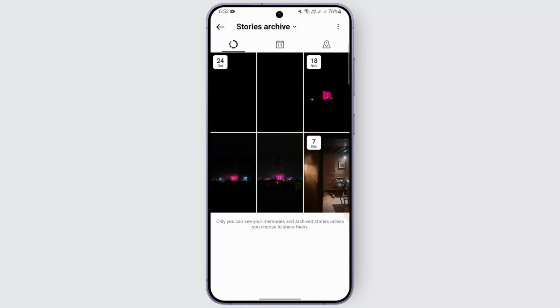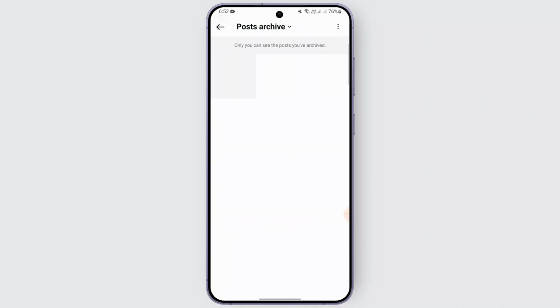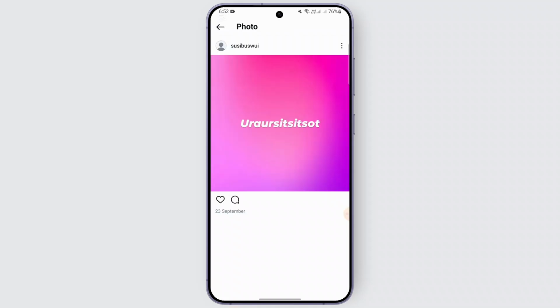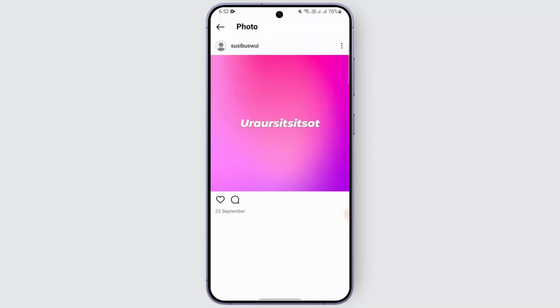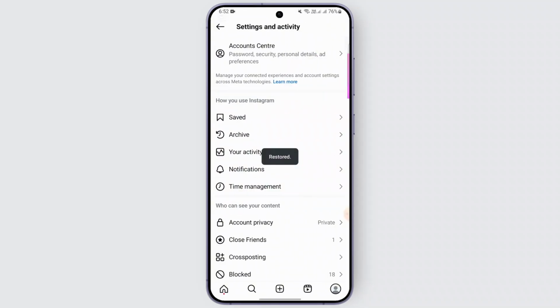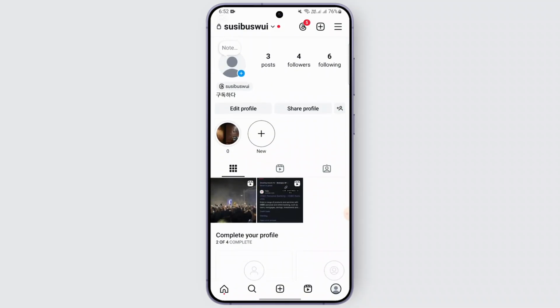And when you click on the stories archive drop down option, you'll be finding post archive and live archive as well. We're just gonna click on this post archive, and there you'll be finding your archive post. Just click on it and click on this three dot at the top right, and you can see this show on profile option. Just click on it, confirm it, and after that is done, it will be restored in your account. When you get back to your account and refresh your account, you'll be finding that particular post on your account,